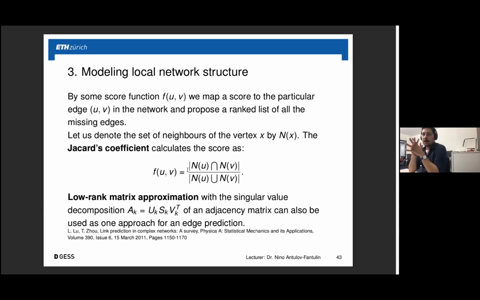Okay. I will just mention a different one that maybe comes from an assumption from mathematics. It's low rank matrix approximation. You would take the original matrix A and try to compress it, or somehow explain it with a lower number of factors. Usually this is called singular value decomposition, and it says that a rank-K approximation of our original matrix is a multiplication of these three factors.